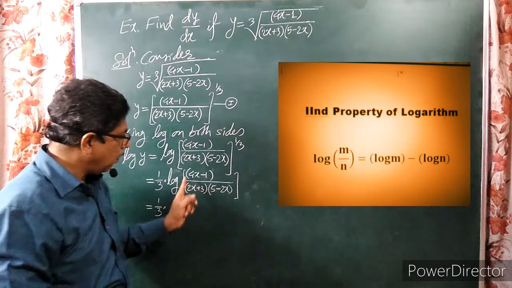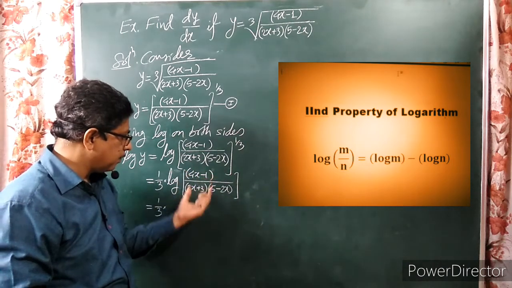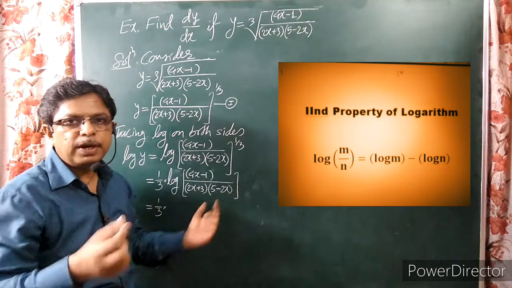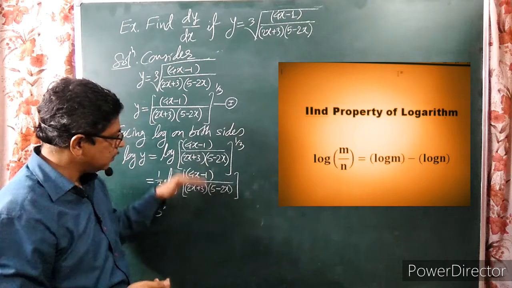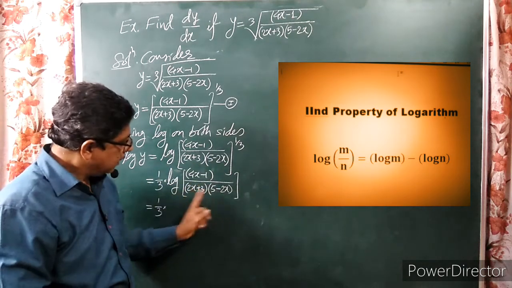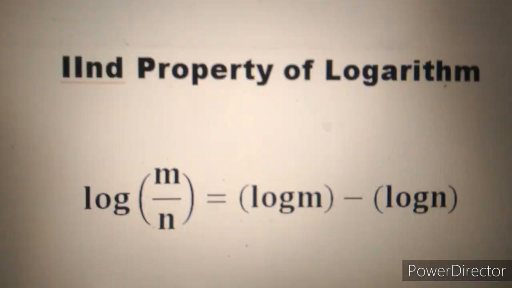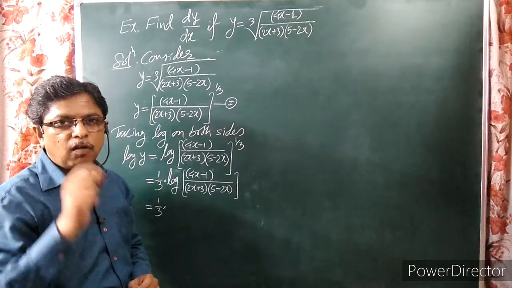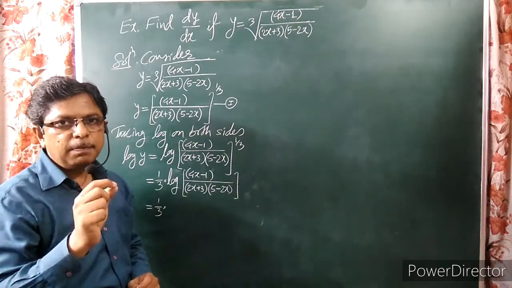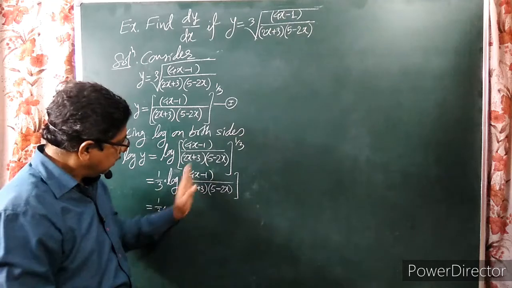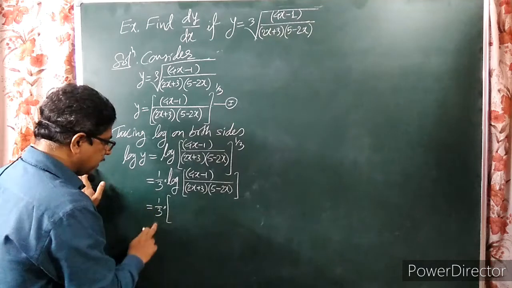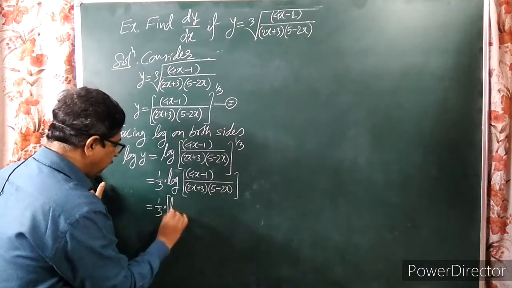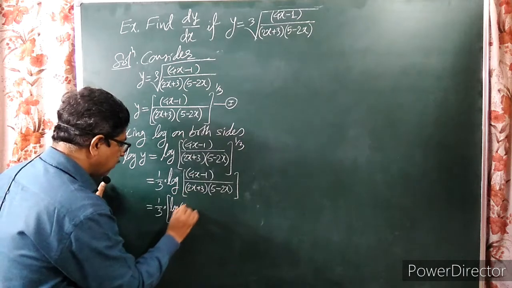आता इथं आहे log of 4x minus 1 numerator मध्ये हे दोन्ही ब्रॅकेट्स डिनॉमिनेटर मध्ये, so we'll use the property, first two properties, log of m into n and log of m divided by n. First we'll use log of m divided by n and simultaneously we'll use log of m into n. What is log of m divided by n? Log m minus log n, and log of m into n is log m plus log n. या दोन्ही प्रॉपर्टीज मी इथे वापरतोय. So inside the bracket, because 1 by 3 we consider as the common factor outside the bracket, log of numerator